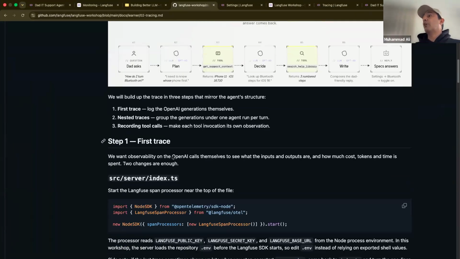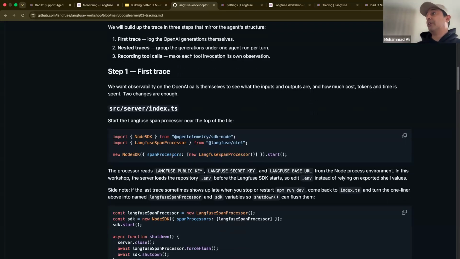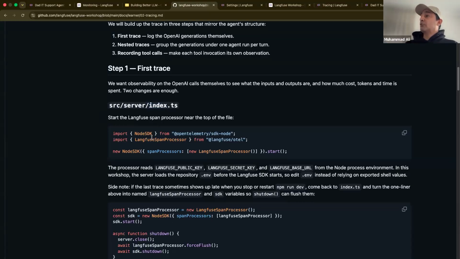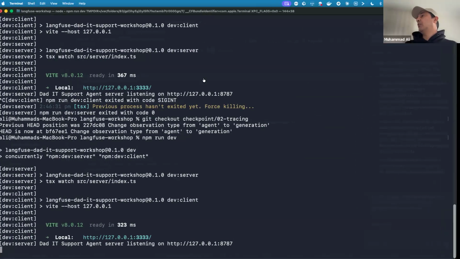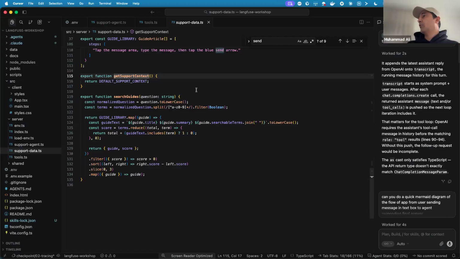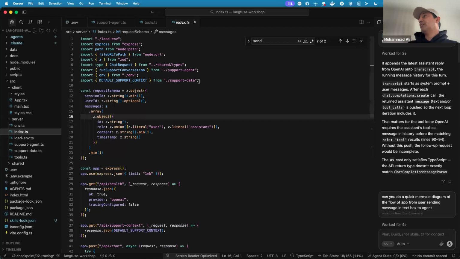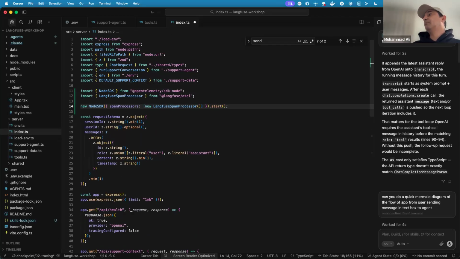Okay, so we are on the tracing checkpoint, and now we are going to start adding the Langfuse SDK. First, we're going to initialize the Node SDK for Langfuse. How do we do that? We take this piece of code, 3 lines of code, go to our code, the index.ts, and paste it at the top. This initializes our Langfuse node library.